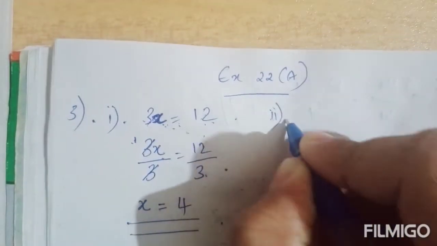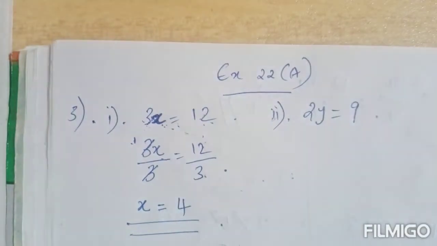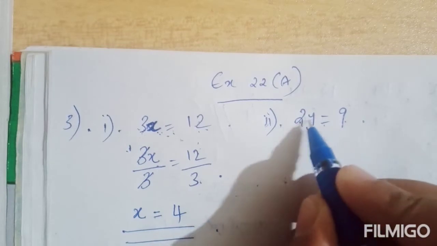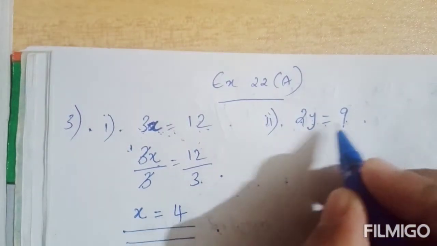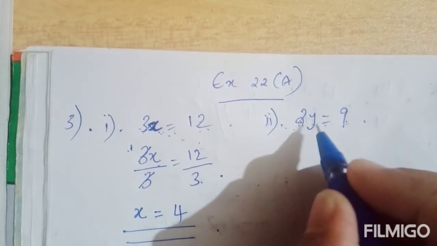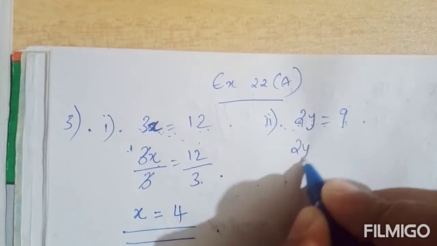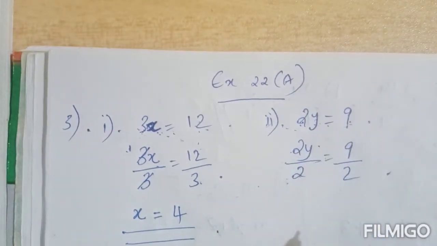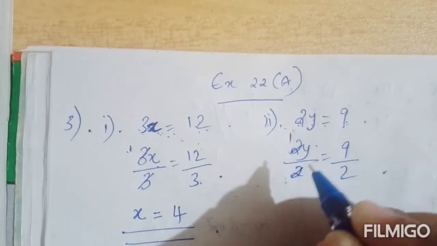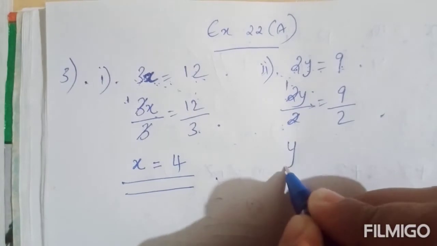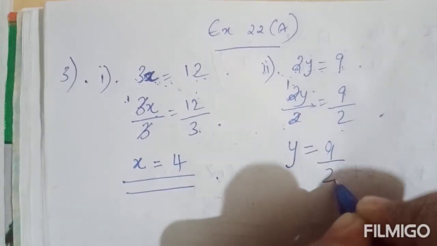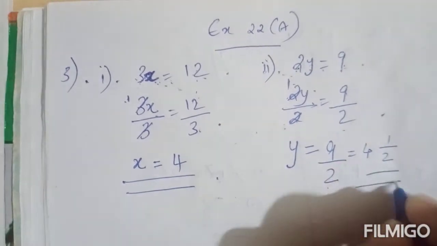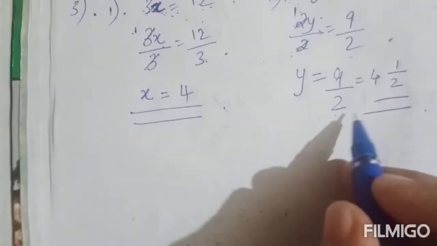Okay, in that, the second one: 2y equal to 9. So here you can see 2 into y equal to 9. So multiplication is coming. So divide both sides of the equation by 2 here. Okay, y is multiplied by 2. So that's why we can divide both sides of the equation by 2. 2y by 2 equal to 9 by 2. Now this 2 by 2 is 1. 1y. It means y equal to 9 by 2. Or you can write 9 by 2, on converting to a mixed fraction, it is 4 1 by 2. Okay, so that will be the answer.